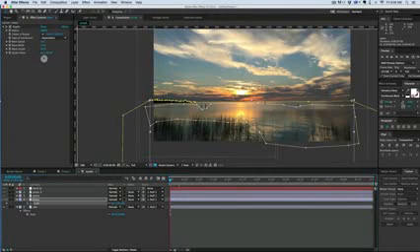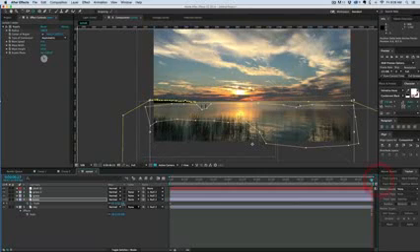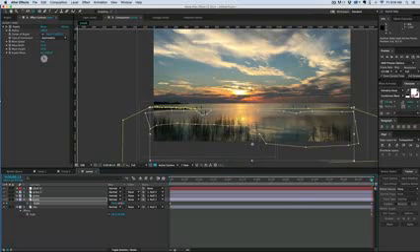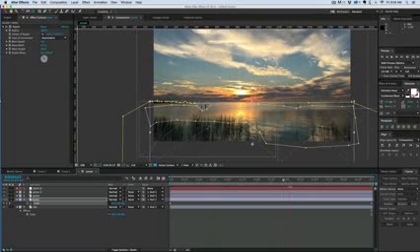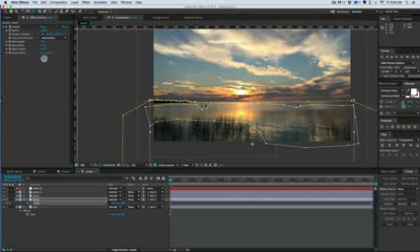Let's make sure that the anchor point is at the bottom of the layer. So I'm going to hit Y to bring up my pan behind tool, or it's up here in the top left. Let's grab the anchor point, put it at the bottom. This is for the water layer. Let's go to the end, and we're going to scale just the vertical value of this down a tiny bit. So it kind of squashes down like this,